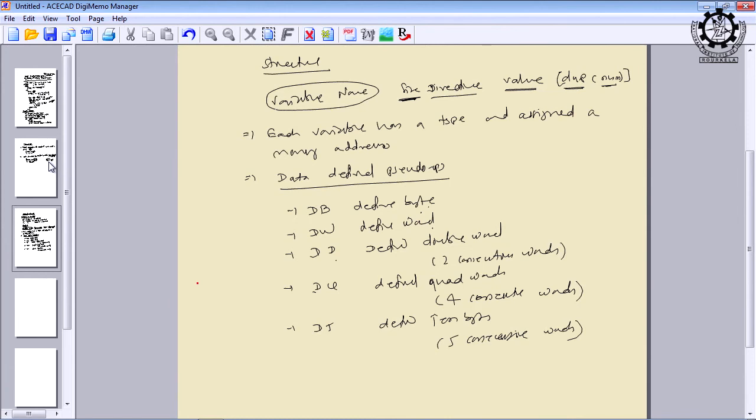And DT stands for defined ten bytes, 5 consecutive words means 10 bytes are reserved. The last one is the maximum, 10 bytes can be allocated to a variable, not more than that. That is the limitation of 8086. Perhaps in 286, 386, 486, 586, still bigger values can be assigned to a variable using the assembler directives.